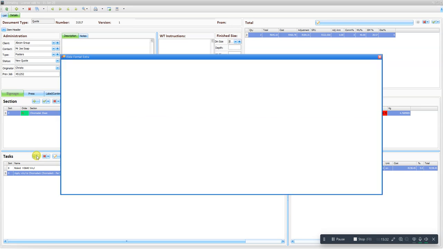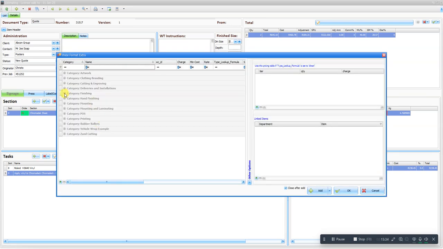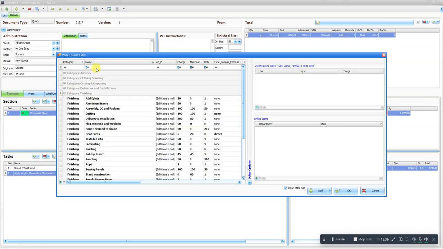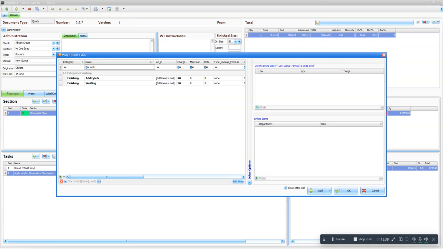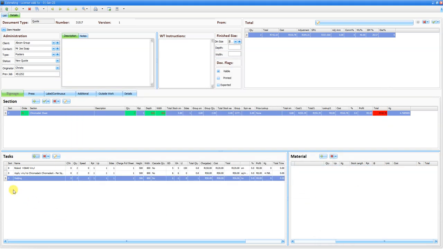Now I'm going to come back over here. I'm going to add in another operation under finishing, and I'm going to search for welding. Okay. And this is how you're going to build up the final product, by adding in all the tasks and assigning the materials. So now that I've added in welding, the next thing I need to do is I need to